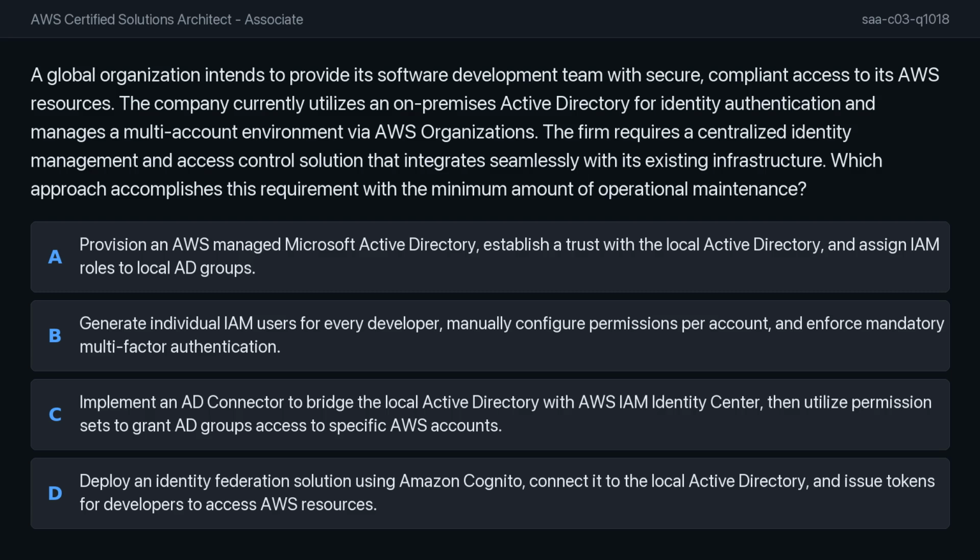The options are as follows. Option A, provision an AWS-managed Microsoft Active Directory, establish a trust with the local Active Directory, and assign IAM roles to local AD groups. Option B, generate individual IAM users for every developer, manually configure permissions per account, and enforce